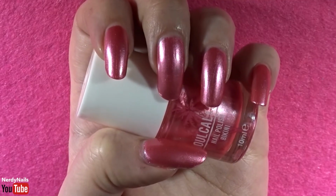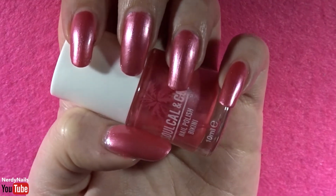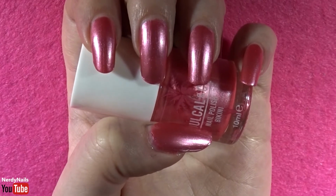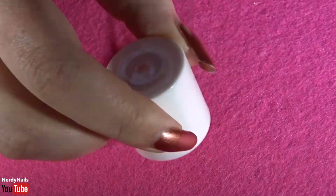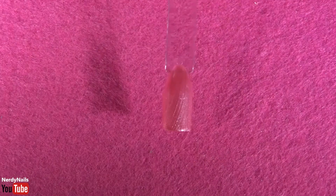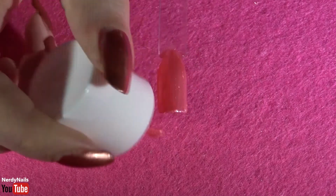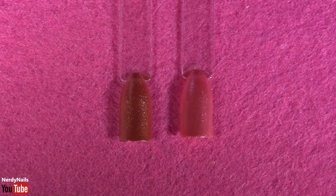Moving on to our hot pink metallic chrome polish, and to be honest, no problems with this one. It's pretty similar to Heat Shimmer. This one's called Bikini and no problems here. Application is fine. It took more layers than usual on the clear nail, but that's because it's clear, whereas on my natural nails it's about 2 coats, and the formula of the polish is absolutely fine. No problem with the shade of pink, and these are both nice summer colours,